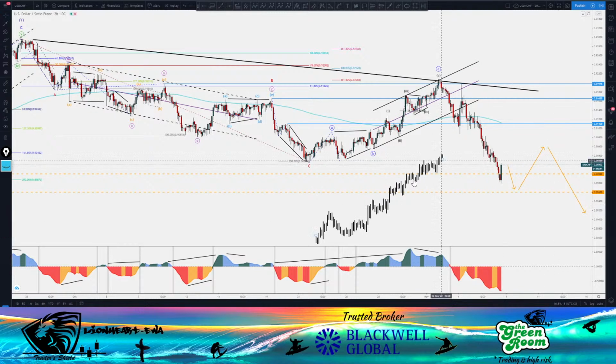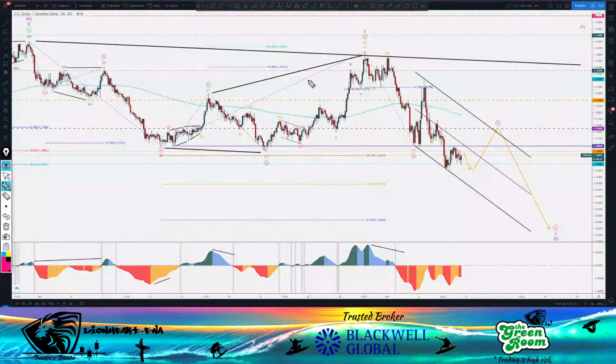We'll see. This is very complex. This structure is very complex. It's a correction upon a correction. So when it comes to Elliott waves, it's kind of difficult to label this one. Similar to the USD/CAD as well, but USD/CAD doesn't have a lot of aces in its sleeve right here, because we did the three-wave sequence W or A,